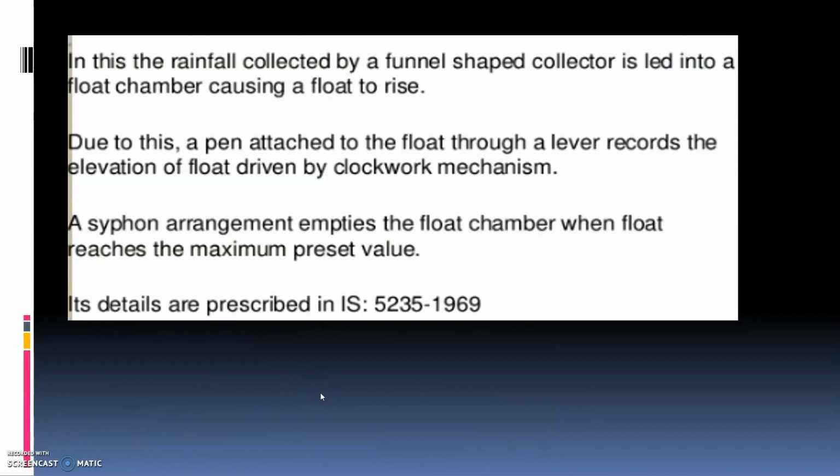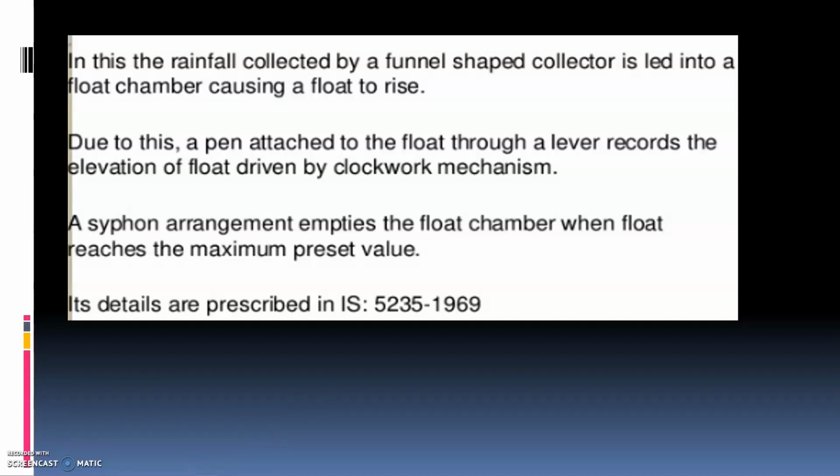Here, the working of a float or siphon type rain gauge is similar to the rain bucket type rain gauge. A funnel receives the rain water which is collected in a rectangular container. A float is provided at the bottom of the container. The float is raised as the water level rises in the container, its movement being recorded by a pen